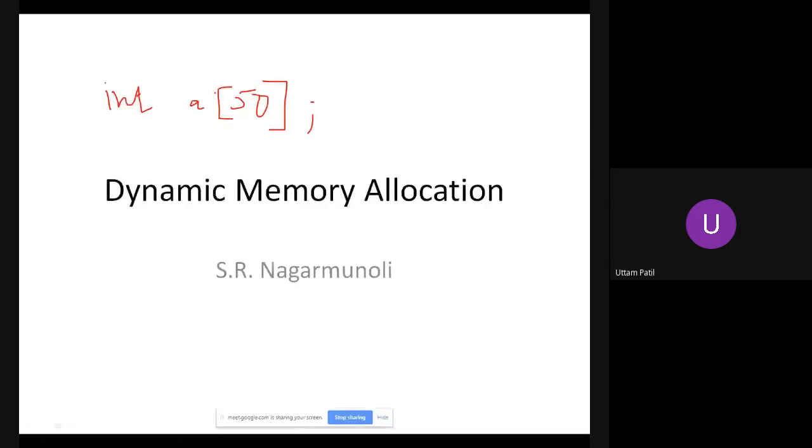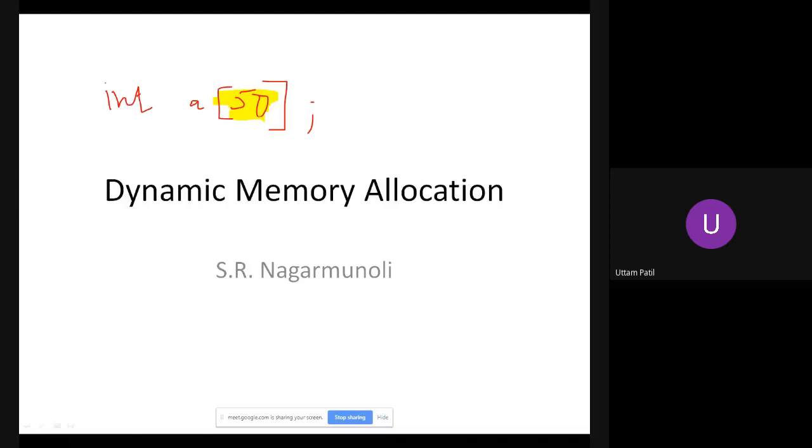Or it can so happen that I want to store the details of students, thinking that I have allocated memory of size 50, but there are only 25 students in the class. In that case, I'm wasting the memory for 25 data.